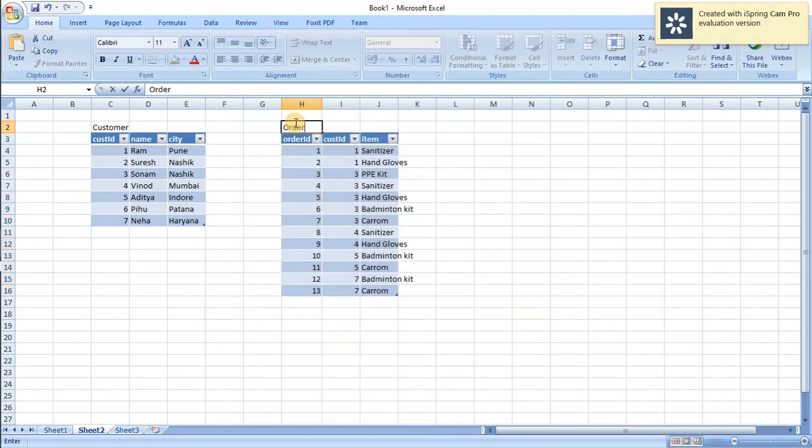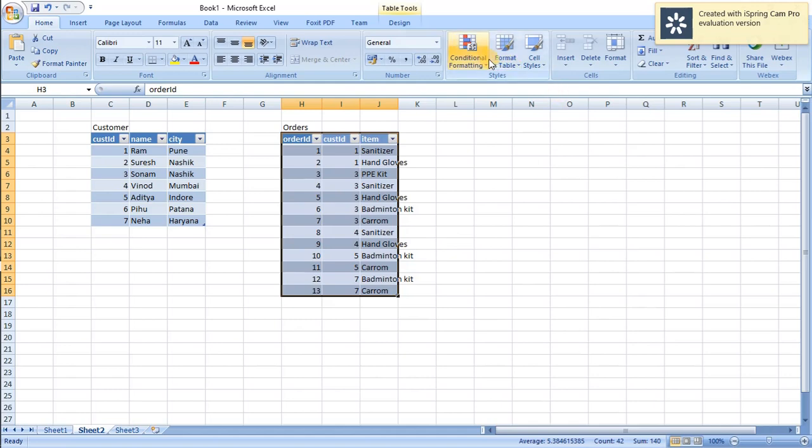I gave it the name orders. Now I will provide a different color for this, just for better understanding.